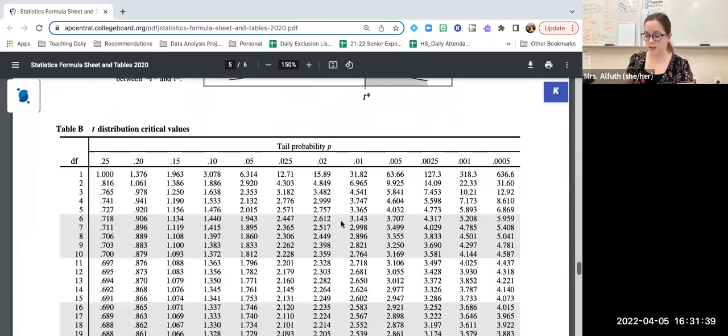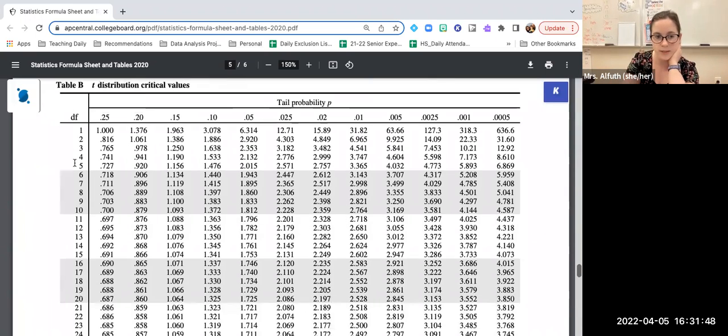Okay, so we don't care that it's going to be the positive tail probability. What we're going to do is find our degrees of freedom. Here I see the 9. So I'm looking for degrees of freedom at 9, and then I'm going to come across until I find as close as possible to that 4.92. We notice that that's at the very end. 4.781 is as close as we can get. And if we come up from there, that tail probability is